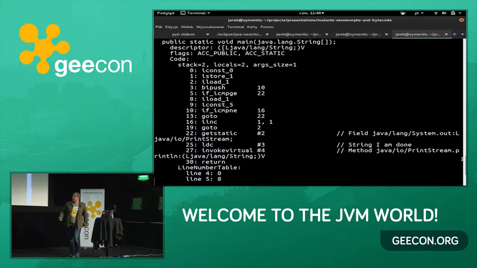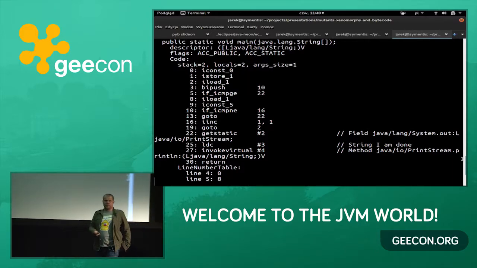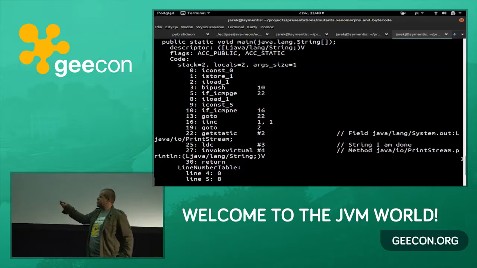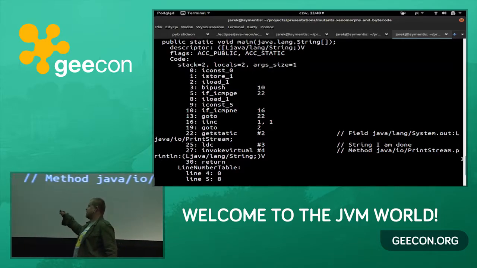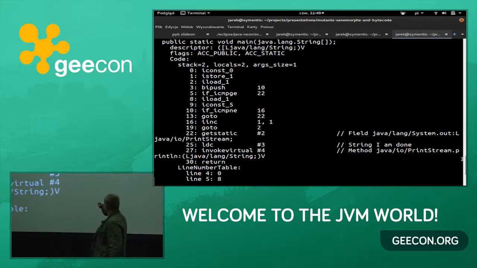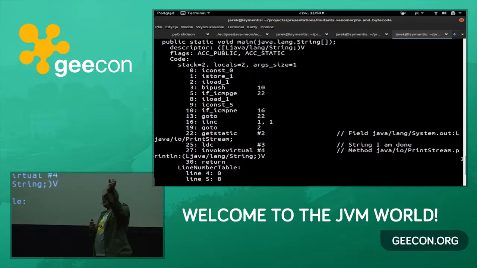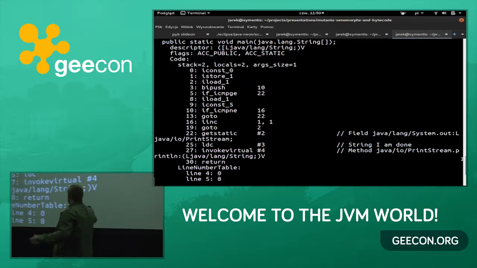Okay? iconst_0, load 0. Okay, this is the shortcut. You could use here LDC or iload, and this is the shortcut, you know? Because usually it is 2 bytes, the instruction and the value. And because you quite often in your code use 0, 1, and 3, they created 1 byte shortcuts to save this 1 byte. This is an alias.